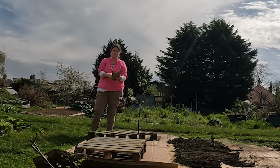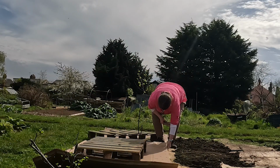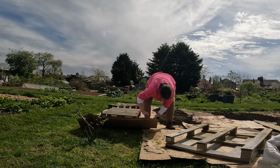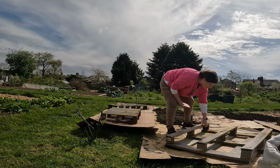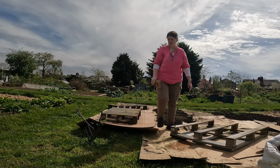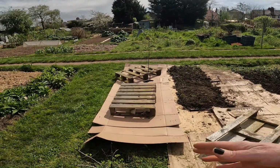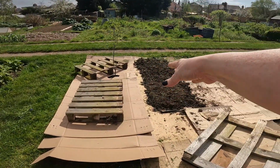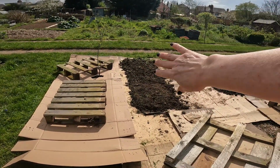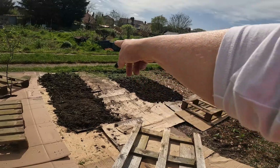The sun's come out, and these pieces I might tuck underneath wherever I see a gap, hopefully so the wind won't grab it. No, it's not really got a gap there. Might just move this along a bit to cover over that area. Whew, wow. So the next stage will be to put compost. There'll be a small path next to that one maybe, or maybe I'll just shorten that a little bit, push that a little bit to the right, have a smallish path, because there's slabs underneath this what will be,